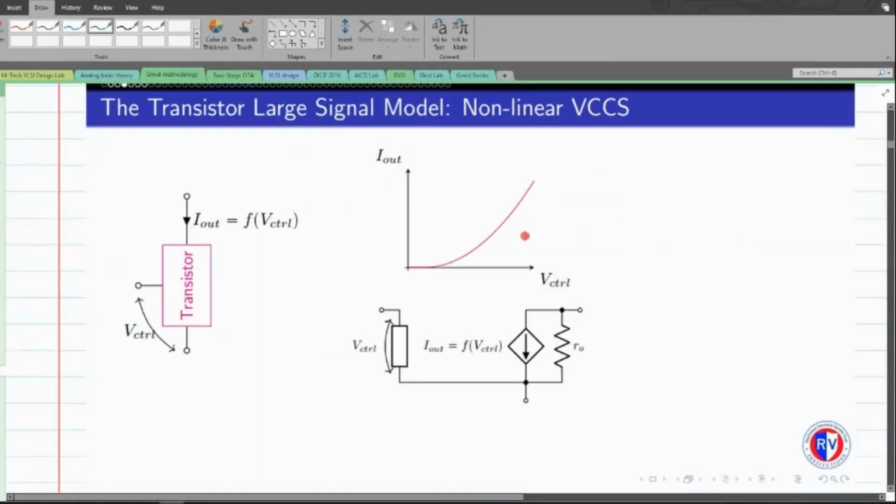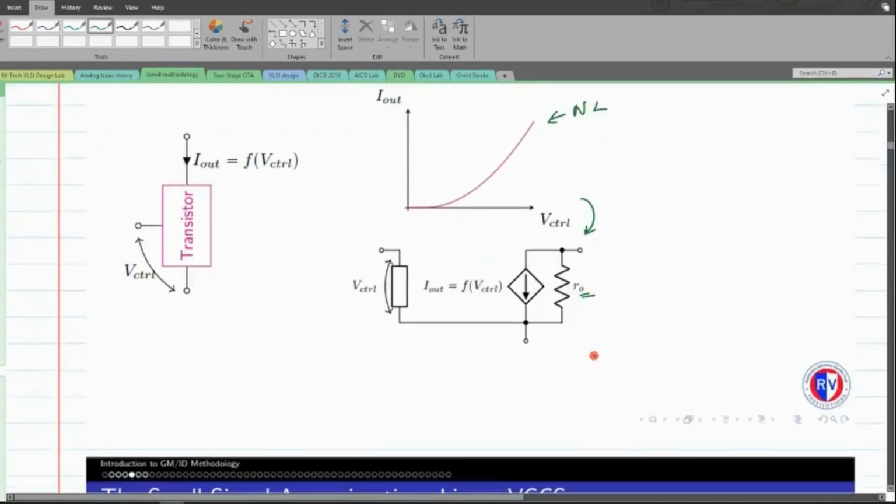Clear? Yeah. So now generally we model this nonlinear characteristic graph in terms of a voltage-controlled current source. So it's just an exact replication of whatever we have done through the graph, replicated as a model. Okay, so I'm not going to call this a small signal model. It's a kind of large signal model where the current component that I have here, which is a voltage-controlled current source, is basically a nonlinear current source. Okay, and again, this voltage-controlled current source is not going to be an ideal device. So we end up having some sort of finite impedance, and that has been reflected with R naught here.